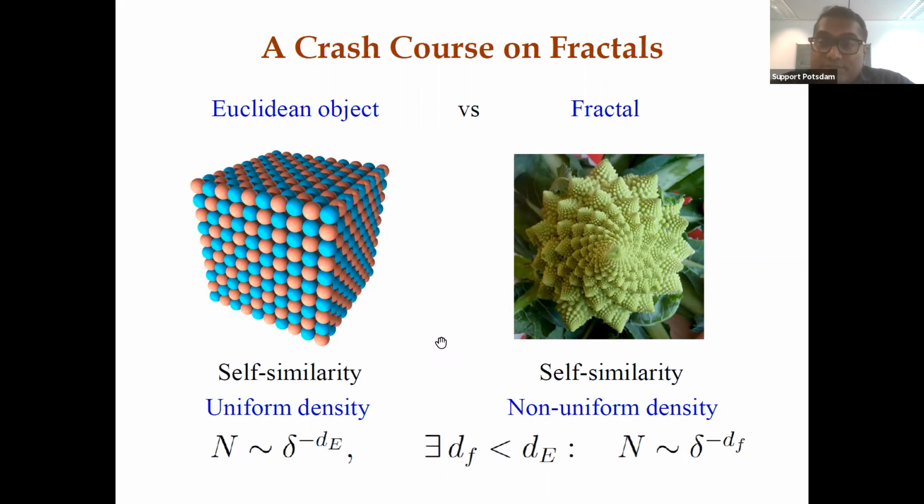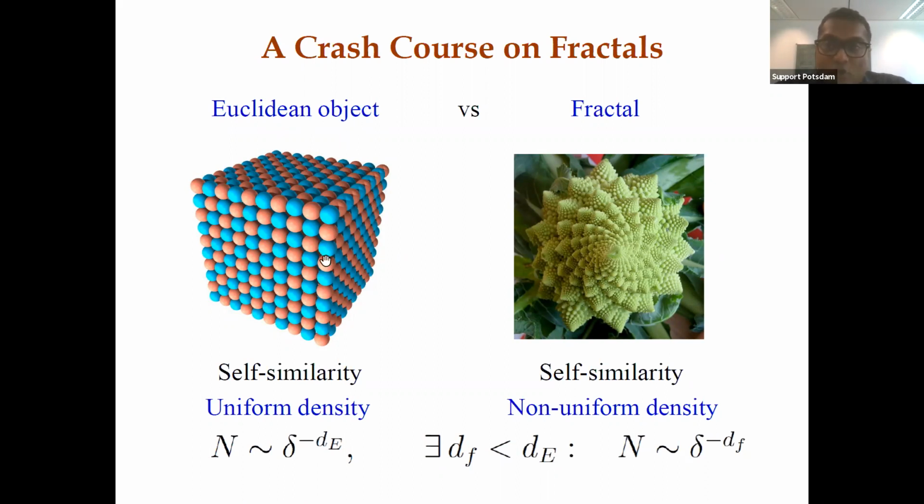But there is a crucial difference: for Euclidean objects, the density is uniform, whereas a fractal has a non-uniform density. Namely, it has some vacuum or holes, and then some chunks of object, and so on and so forth, right? So a fractal has some similarity with a Euclidean object and some dissimilarity, but there are more similarities as well. Say you want to